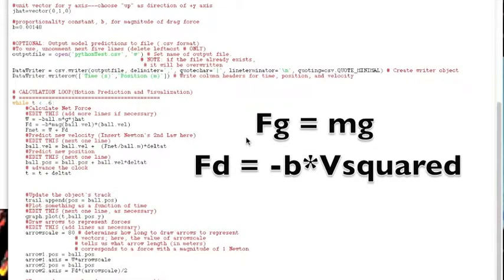In order to obtain a more correct model, we must make sure net force incorporates both drag force and gravity. Gravity is equal to the mass of the object times the gravity constant, 9.8 meters per second squared. Drag is equal to the drag constant, commonly referred to as b, times velocity squared. This shows the important relationship between force and velocity: if you need a changing velocity, non-zero forces must be applied. When the net force is calculated, you should see that the force of gravity is greater than drag, and so